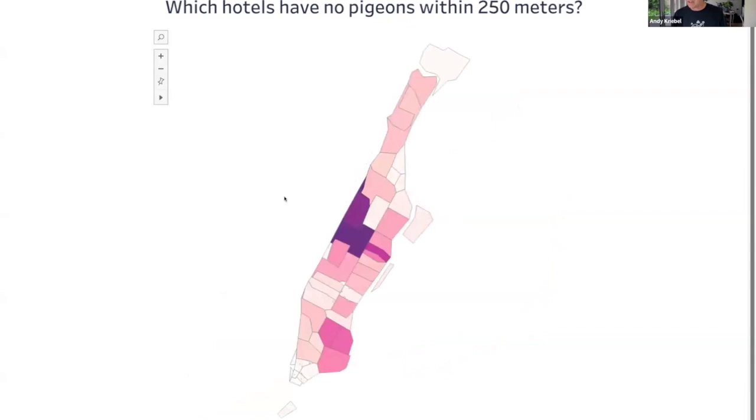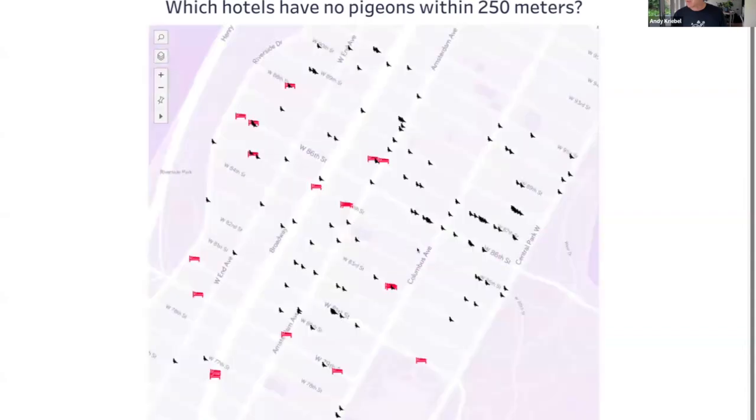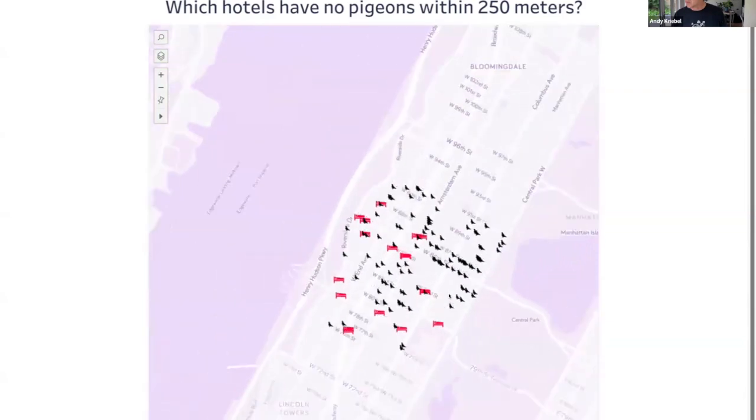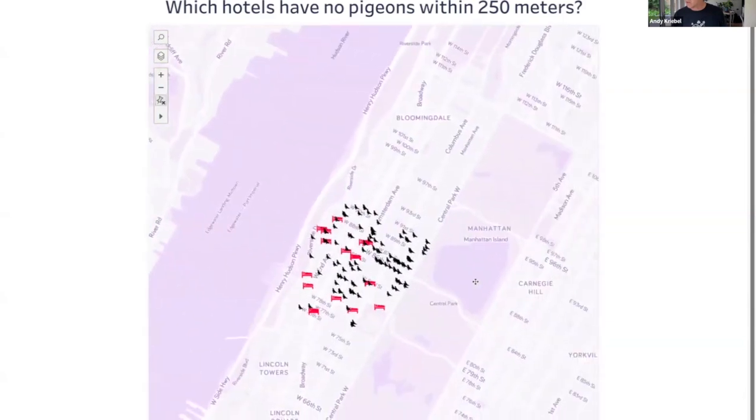And when I click on Manhattan, I use a parameter action to take me down to the zip code level. And I can see kind of the hotspots on where the pigeons are. So this here is probably Central Park if I had to guess. So I'm going to go ahead and click on that because that's always a good area to stay. But what's super interesting here is if I zoom out, there's actually no pigeon sightings in